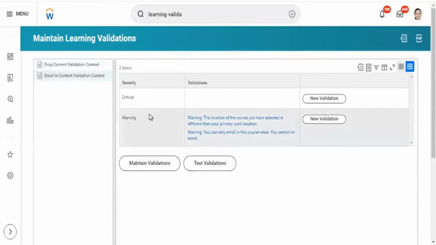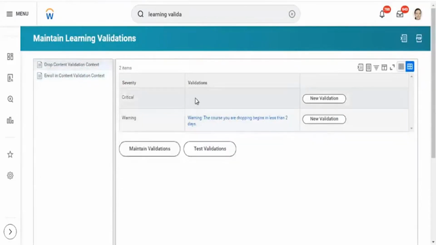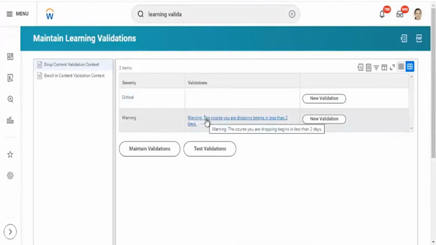You can see something called critical here. Whatever you add as critical will stop the employee from dropping the enrollment. With a warning, they will be able to go further. But if we have any critical validation, then it will stop the users from the action.